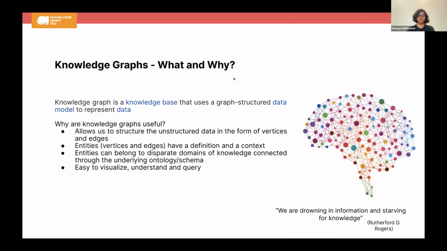Next slide, please. So a little bit of context about knowledge graphs. We at Uber have a lot of data about a lot of different entities. To make sense of these entities, a graphical representation is very powerful because it helps us understand unstructured data and convert it into a structural form by representing it through vertices and edges. So the relationships between the vertices help us understand direct and indirect relationships, which are not clearly visible from the unstructured data. And it's also easier to visualize the data and also query it using some of the open source